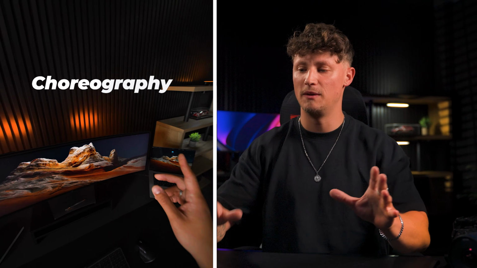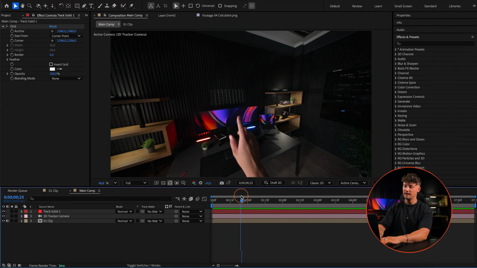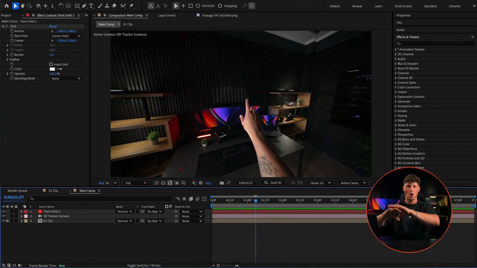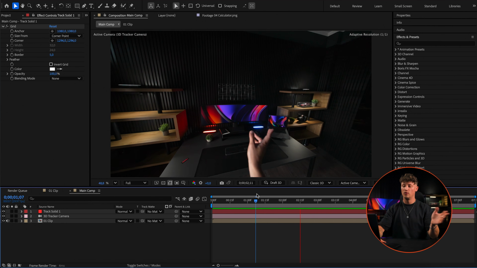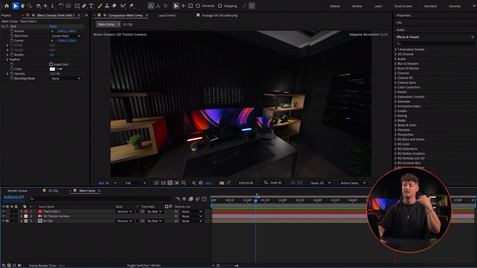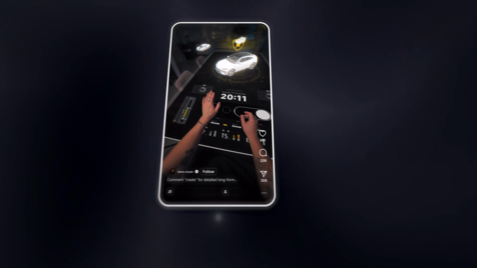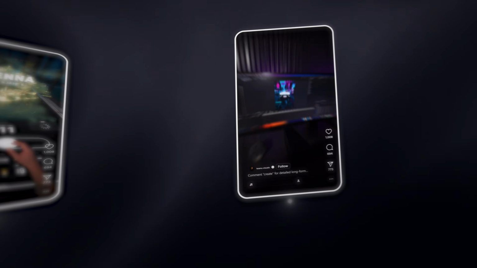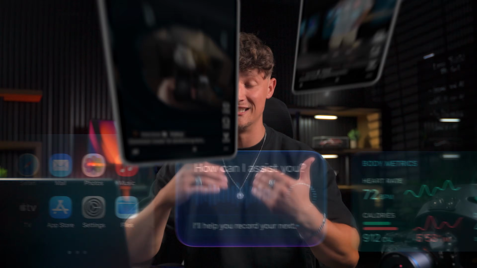And the first thing I do, of course, before shooting is thinking about choreography, and here is the pretty basic one. So we're starting with clicking on a button where I want to say like open or something like that, so the UI can actually open up. Then I'm swiping through a couple of options, and then I'm selecting an option at the end. It's pretty basic, but I think perfect for this tutorial, so you understand how I animate graphics, HUDs, and how to create this glassy effect.